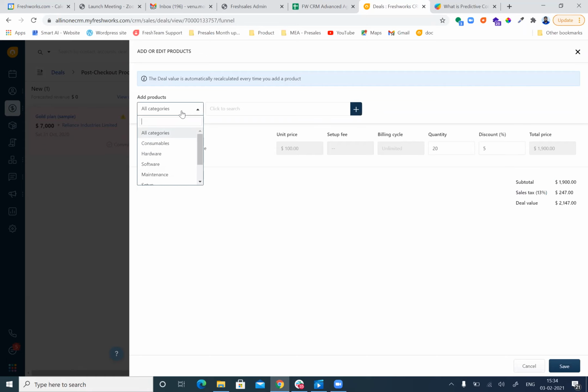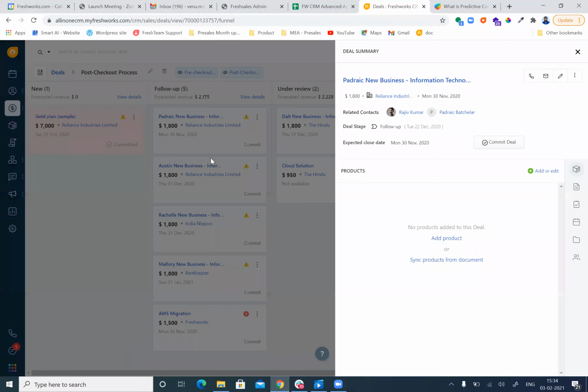So this is how you can also import your products based on different categories. So you are able to maintain the product catalog as part of the CRM. You can also set each and every product's unit price and product detail information as part of the product catalog. And this product catalog can also be aligned under the opportunity which you have created for each and every customer.